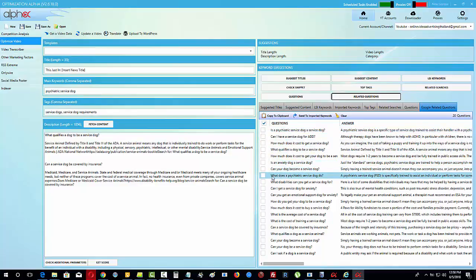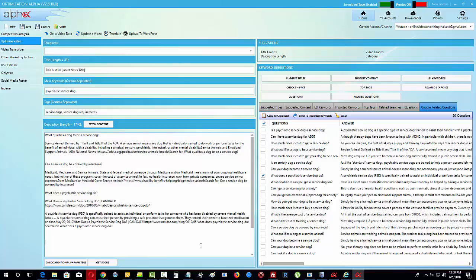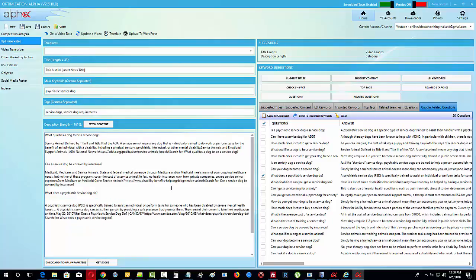What does a psychiatric service dog do? And what I can do here is I can just checkbox it, copy the clipboard, come over here, and I can paste it. Now I can choose if I want to keep that title in here, which I don't want to do, or if I want to keep that link in here as well, which I don't want to do, because all I want to do is just maybe rewrite this a little bit and use it for YouTube description to begin with, so that we're giving ourselves as much relevancy as we can,